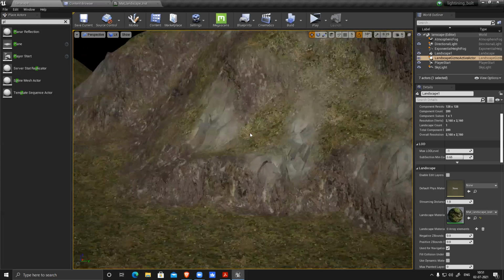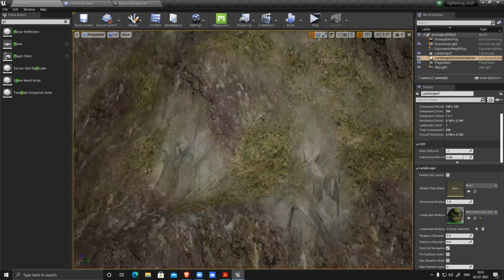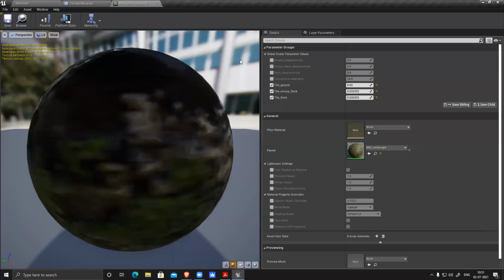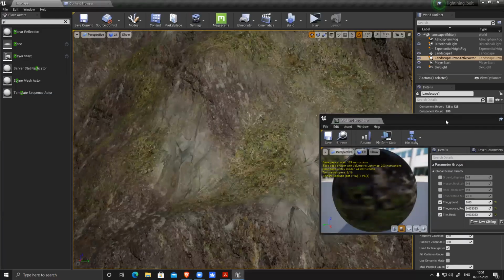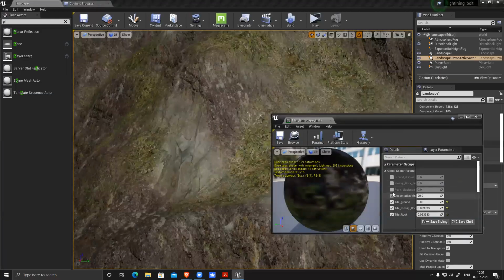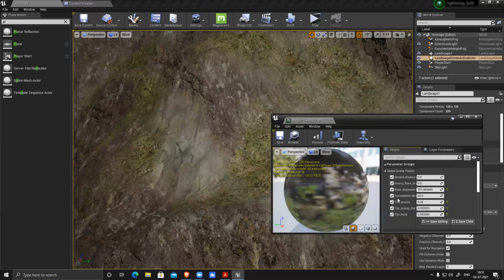Now, if I go really closer, I really can't see any displacement happening. So now I'll open my instance and keep it here, side corner. I have all these options. So this rock, I want to displace this. Slight change.